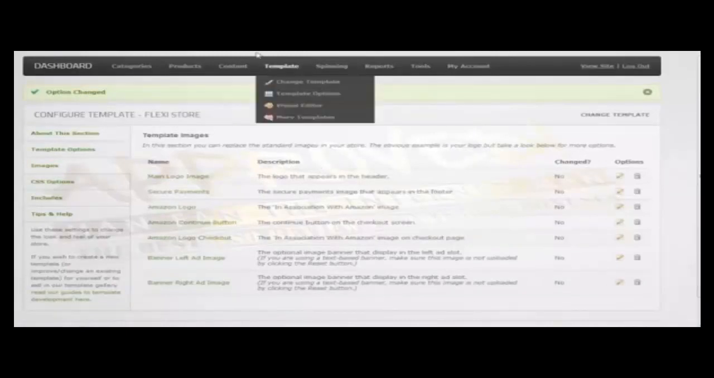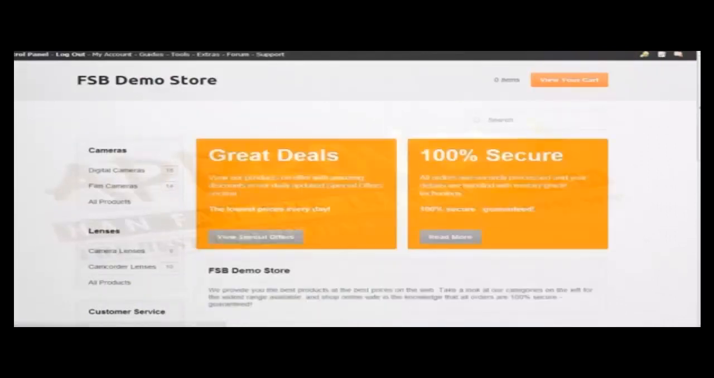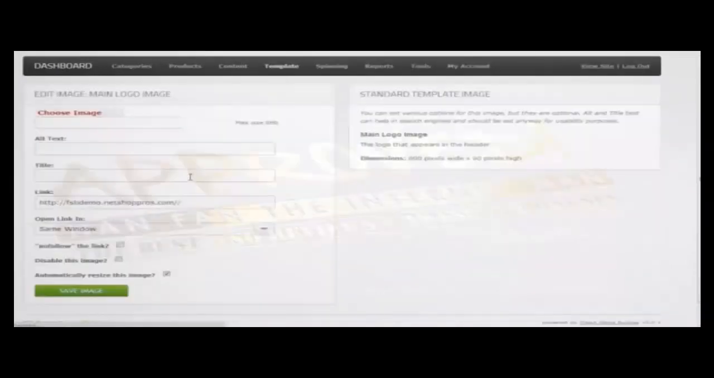Next I'm going to look at the images area, and under images it has to do with what image is used for parts of your template that are an image. So for example, if you want to change your logo, main logo image, the logo that appears in the header, you click on main logo image, you have your own logo image that you've created, you just click upload and then find the file you want to use,